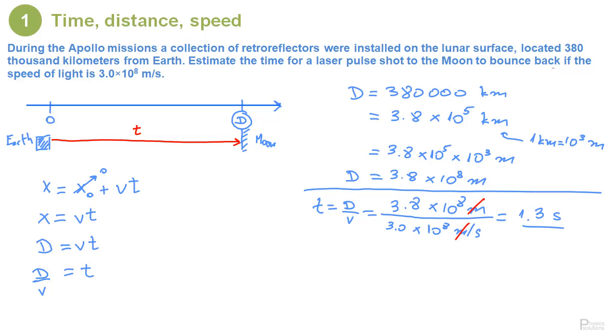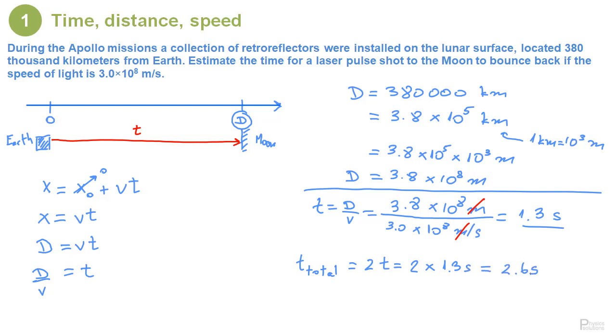So I will see it again in a time t, which is not exactly this 1.3. This is the time that it takes to get to the Moon. It will take exactly the same time to bounce back. So the total time is just 2 times t. So this will be 2 times 1.3 seconds, which is